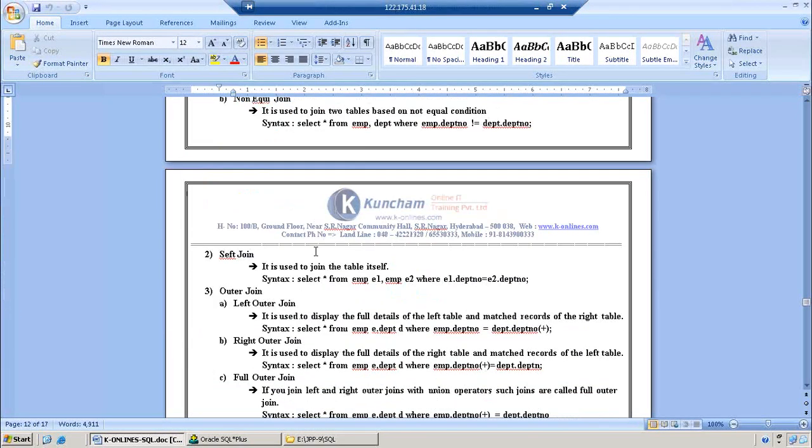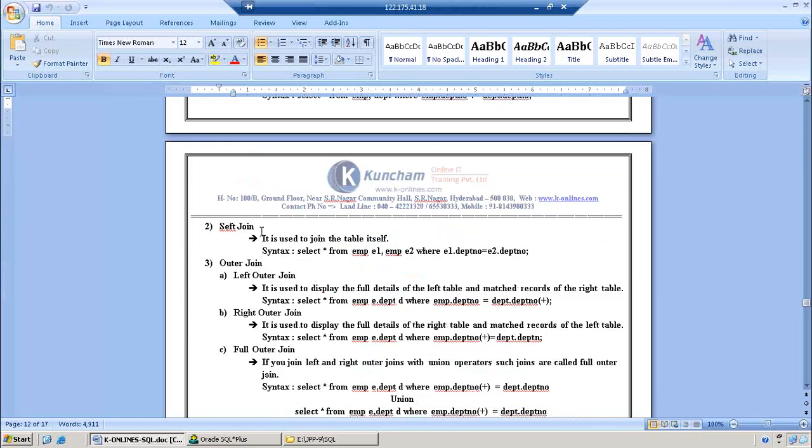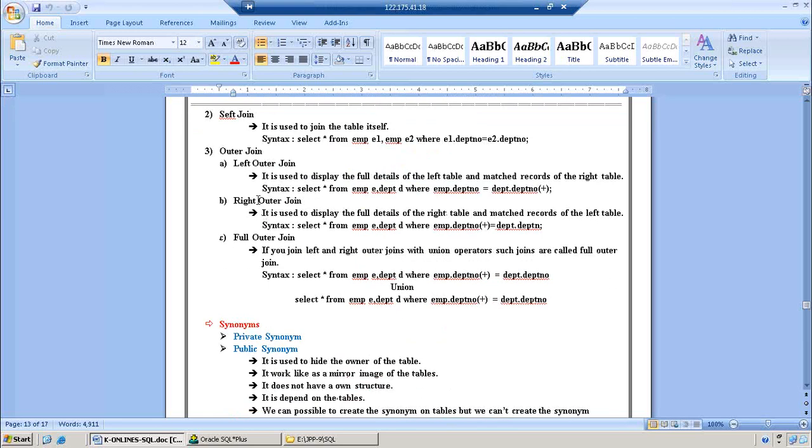Next, we can go for self-join. Okay, before going to self-join, first we want to understand outer join. Self-join will be discussed last. So for outer join, observe this one. Again, we have 3 types of joins in outer join: left outer join, right outer join, and full outer join. So when we want to use left outer join and right outer join,